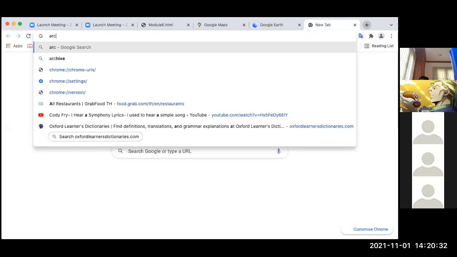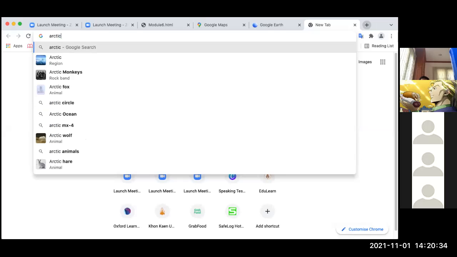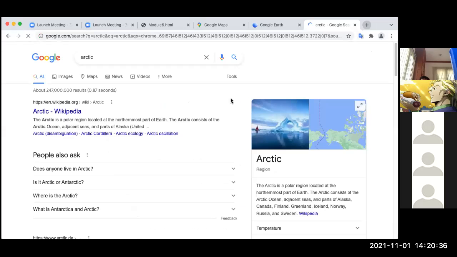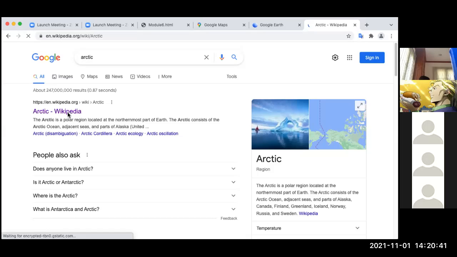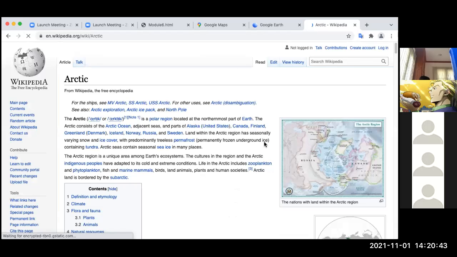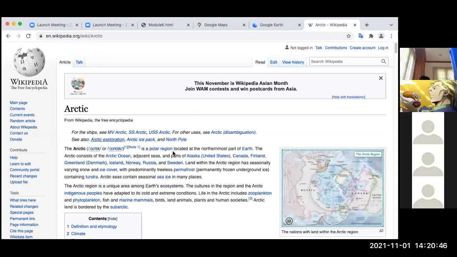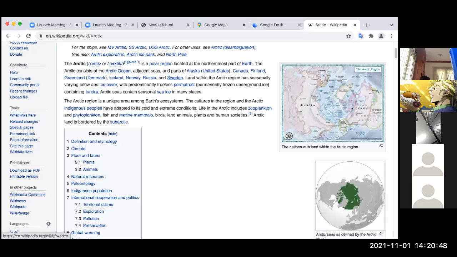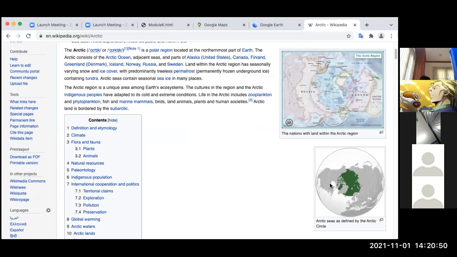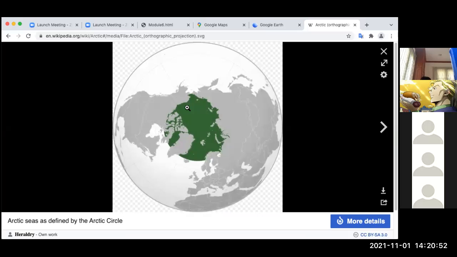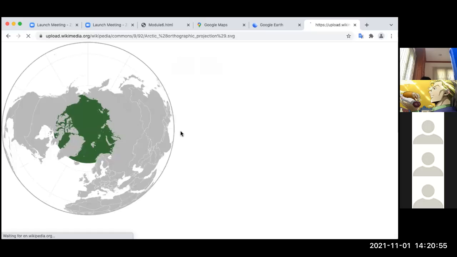Okay. But we have also missed some other country. We have Norway, Russia. Do we count Alaska? Okay. This is the Arctic seas. You see, the Arctic seas. And this is Russia.